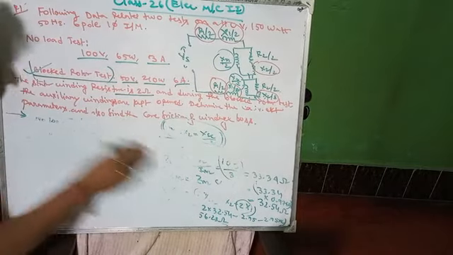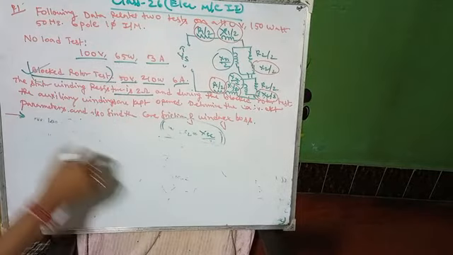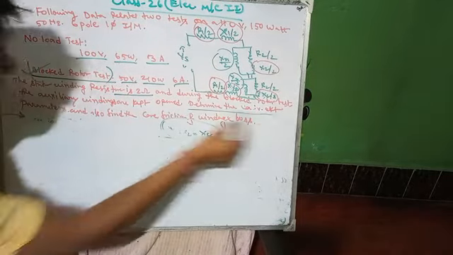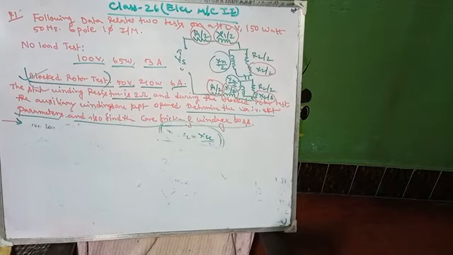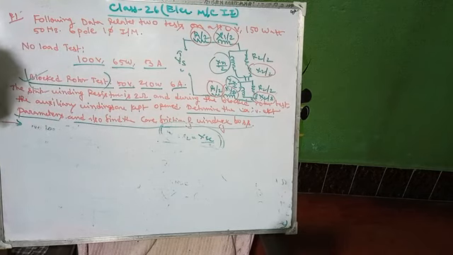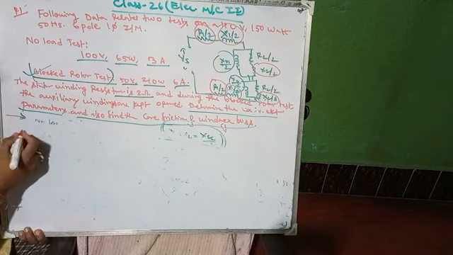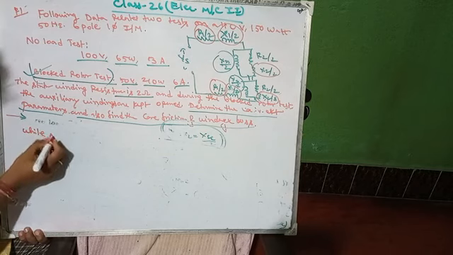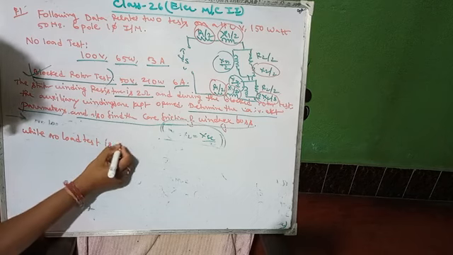Now I have to find the friction and windage loss, right? So the question says: determine the equivalent circuit parameters and also find the friction and windage loss. Okay, so how to find the friction and windage loss? While the no load test is being conducted,